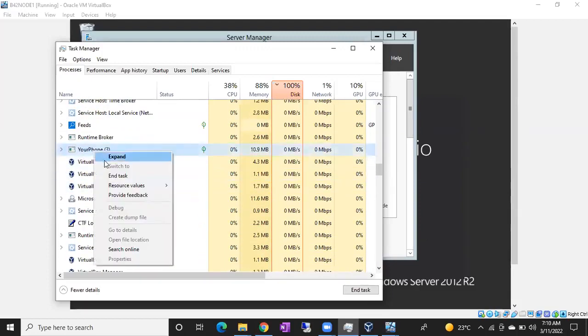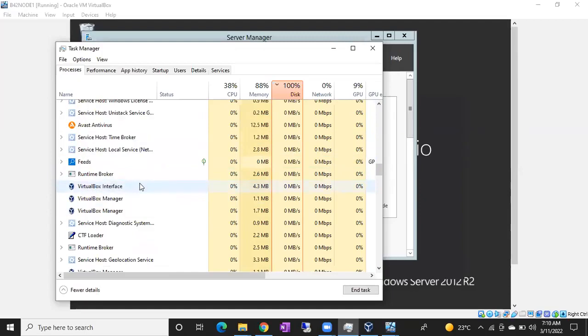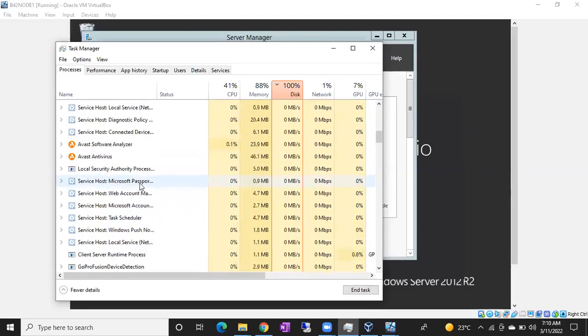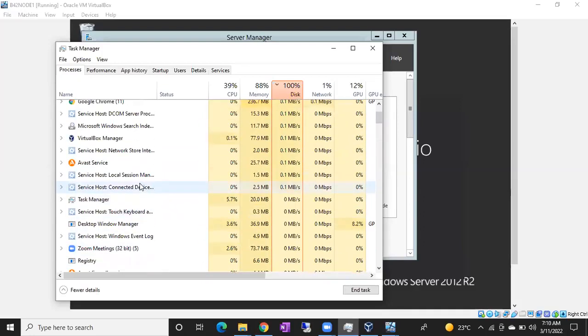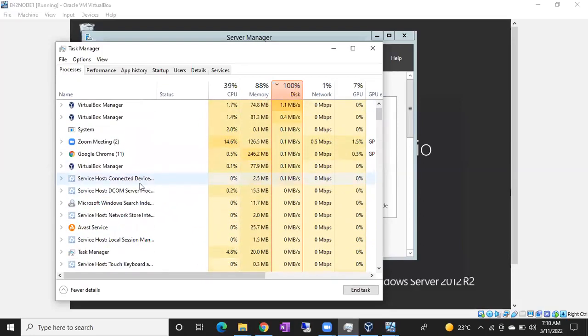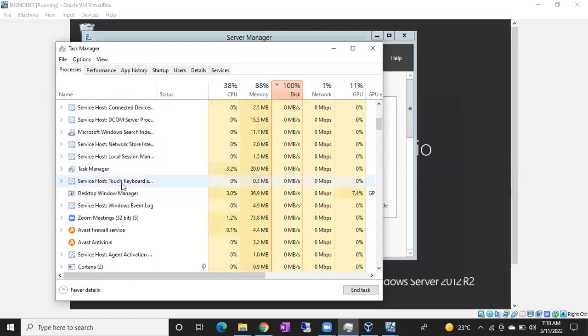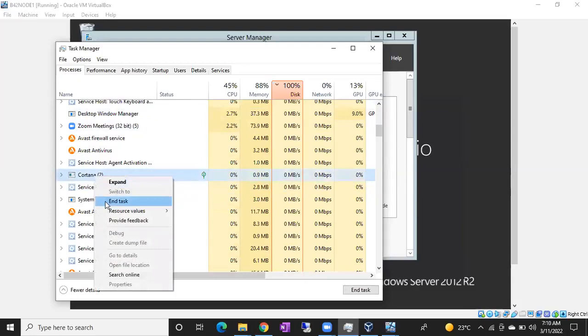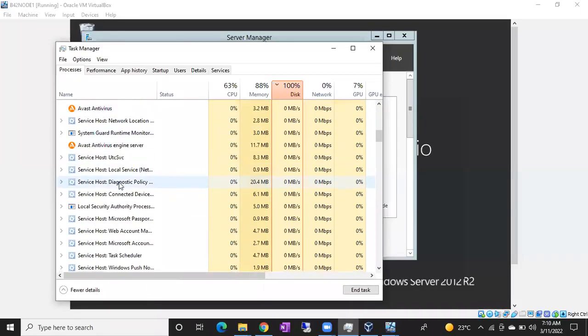Mirror state is synchronized only, sir. Are you sure? Yes, sure, sir. Even if you configure asynchronous mirroring, you will get synchronized only.